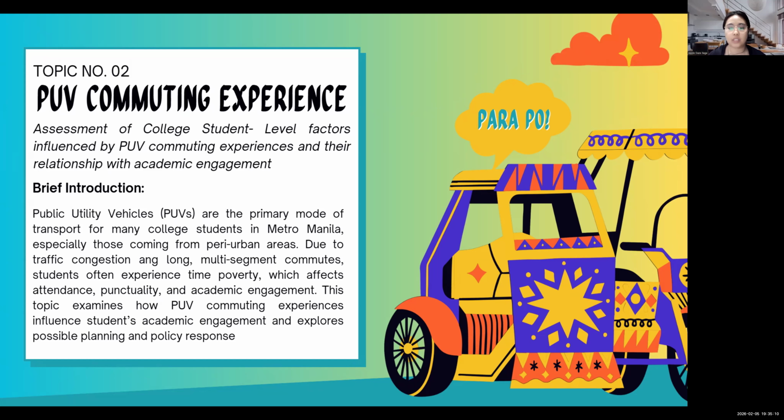Based on TomTom's traffic index report, TomTom is a Dutch developer for maps and navigation. Based on their 2025 rankings, Metro Manila ranked at 40th place as the worst traffic in the world, compared with their 2024 rankings, with Metro Manila placing at the 15th place. So it shows that the 2025 traffic situation somewhat improved, as we can see here in the metrics shown in the photo.